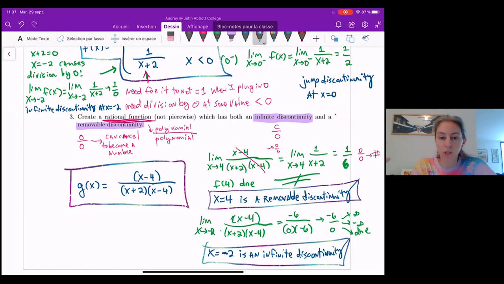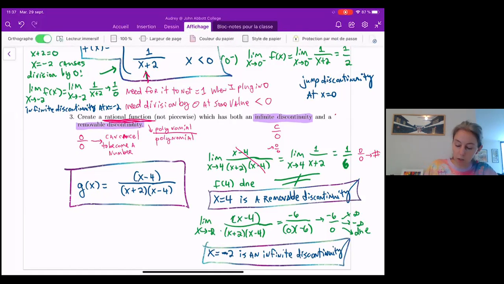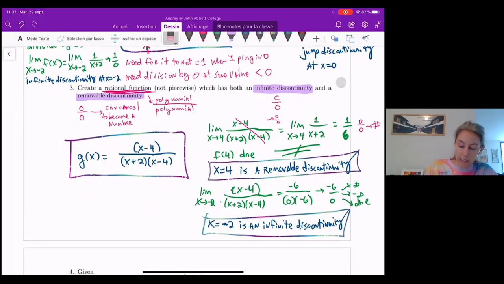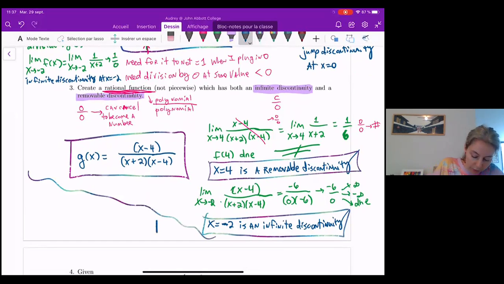How a constant over 0 is going to give me an infinite one. How 0 over 0 that turns into a number will give me removable. Note that 0 over 0 that turns into a constant over 0 gives me infinite. And so I'm just going to do this off to the side here so that you guys can see this. 0 over 0 that turns into a constant over 0. So x minus 4 squared. This, while it starts off with 0 over 0 at x equals 4,